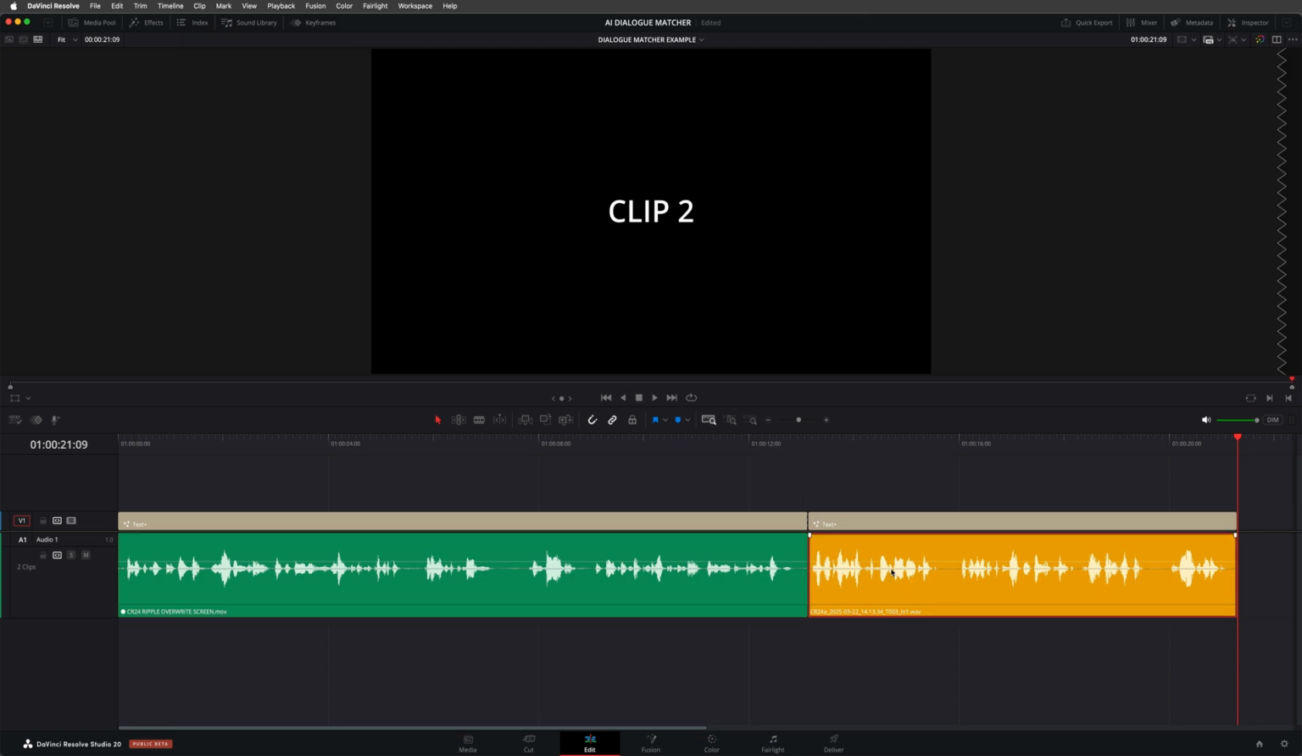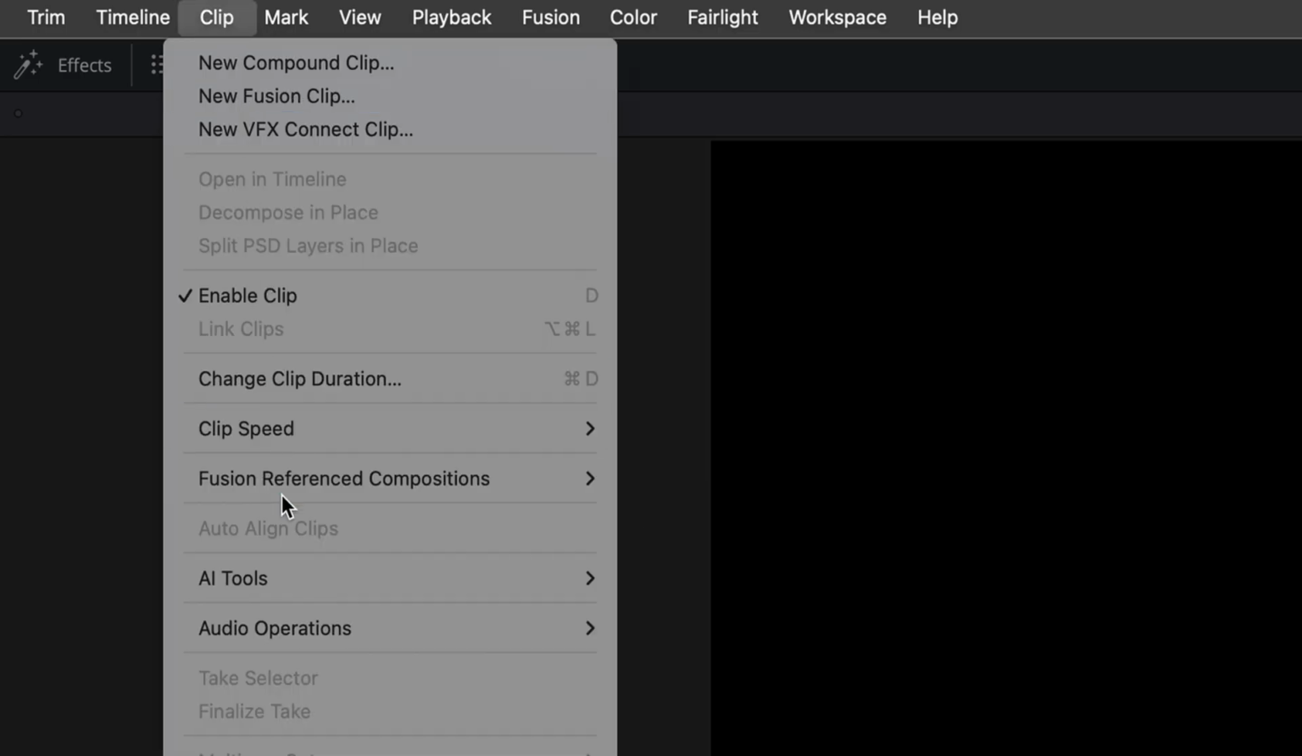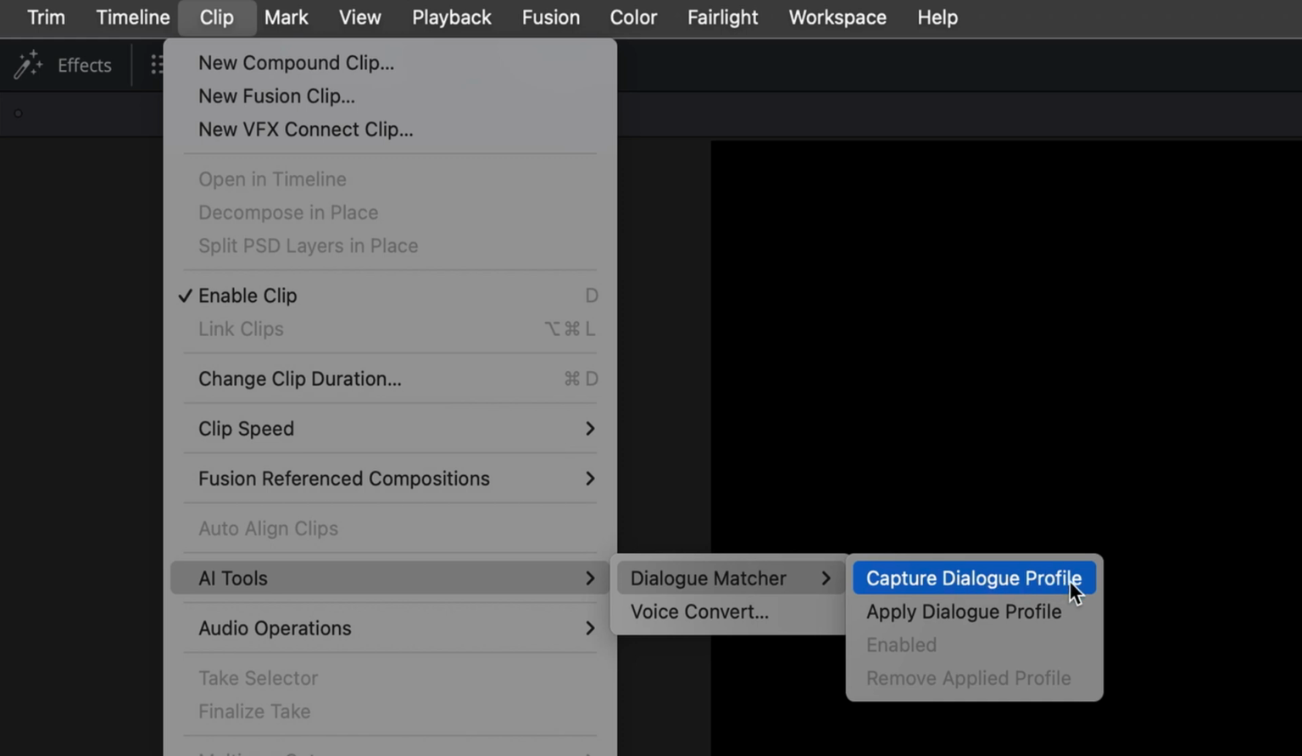Then I'll select the second clip and choose to apply that profile. Sometimes I found that I have to apply this twice for it to work,